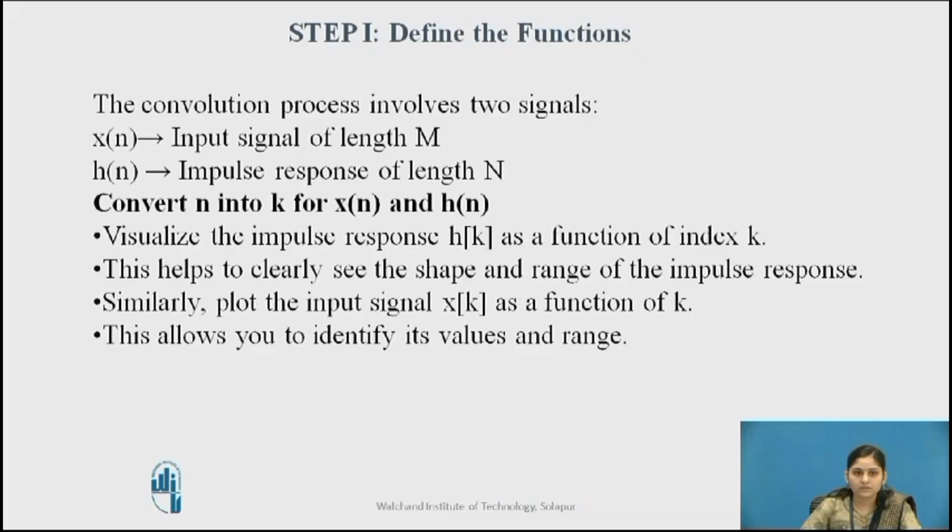Then we have to convert n into k, that means we just change the variable n to k. Then we can visualize the impulse response h of k as a function of index k. This helps to clearly see the shape and range of the impulse response. Similarly, plot the input signal x of k as a function of k, and this allows you to identify the value and